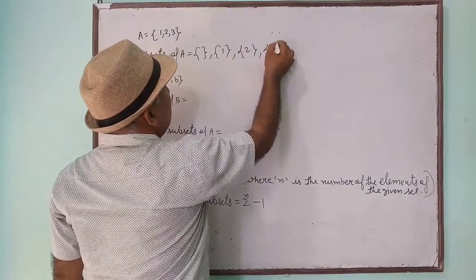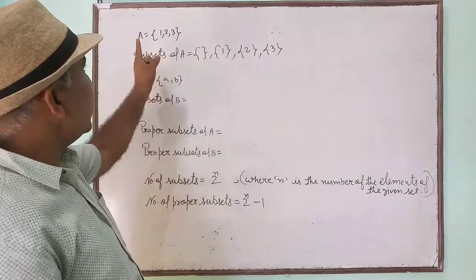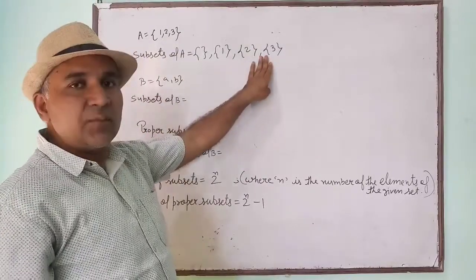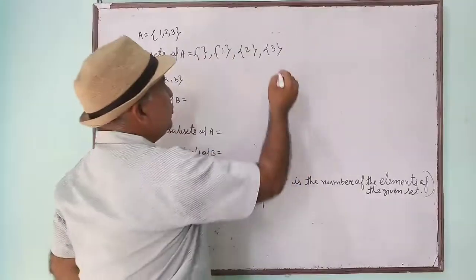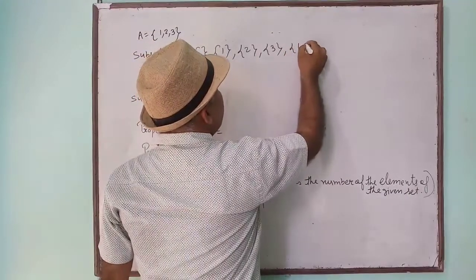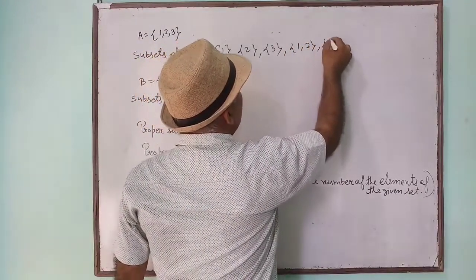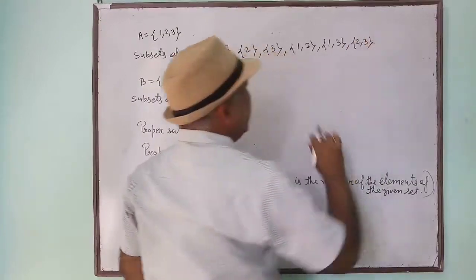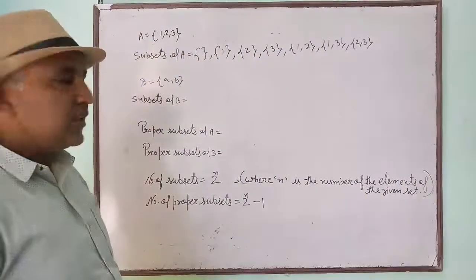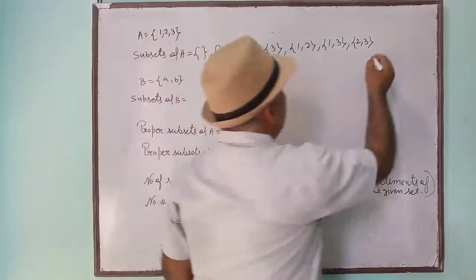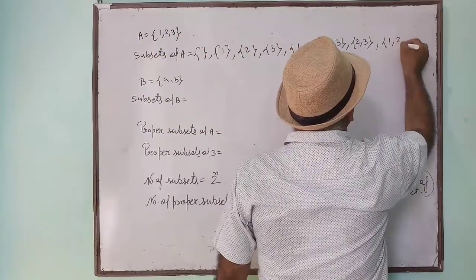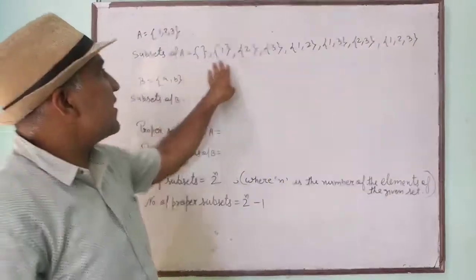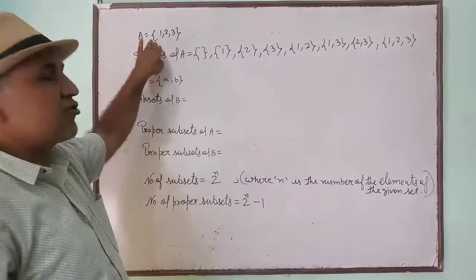See here. How are we making? We are taking one element and we are making different sets. Then 3 sets are possible. Now we will take two elements. If we take 2 elements, then {1, 2}, {1, 3} and {2, 3}. Okay? Now we will take all the 3 elements. So only this is the possible set. So these are called the subsets of A.